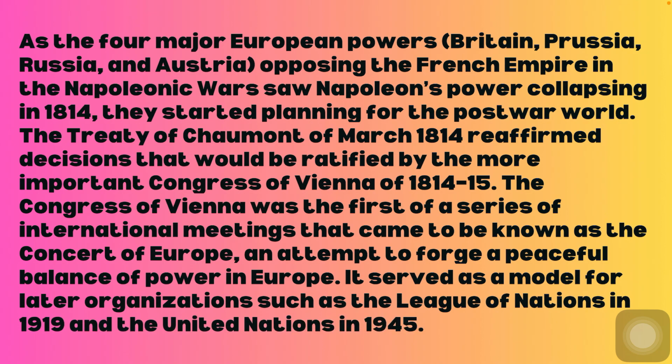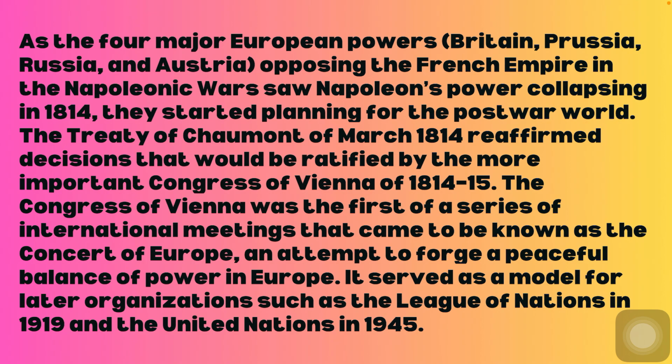The four major European powers, Britain, Prussia, Russia, and Austria, opposing the French Empire in the Napoleonic Wars, saw Napoleon's power collapsing in 1814. They started planning for the post-war world. The Treaty of Chaumont of March 1814 reaffirmed decisions that would be ratified by the more important Congress of Vienna